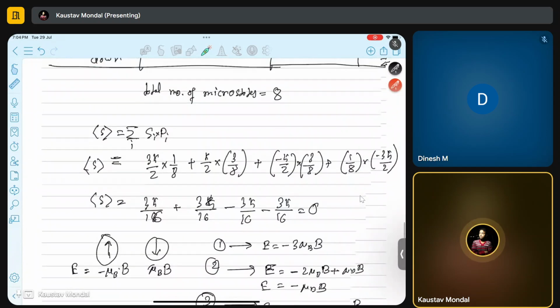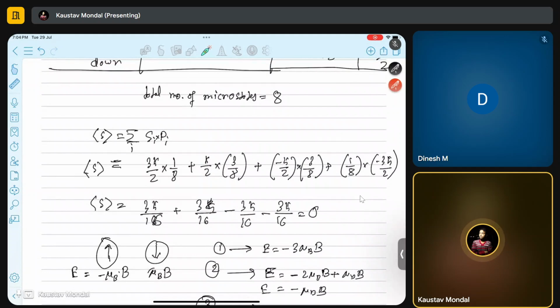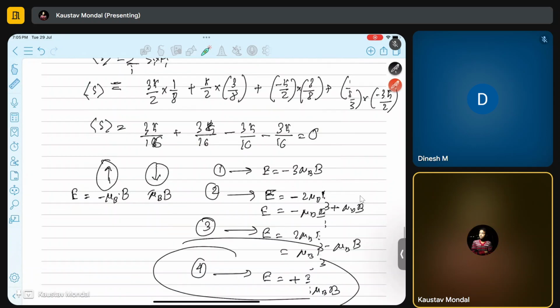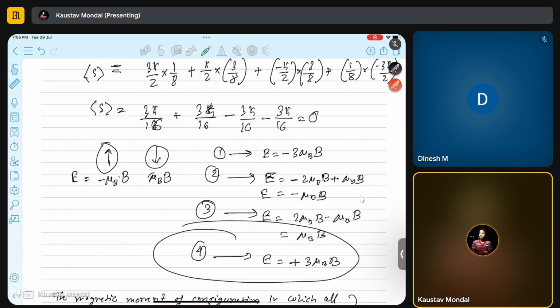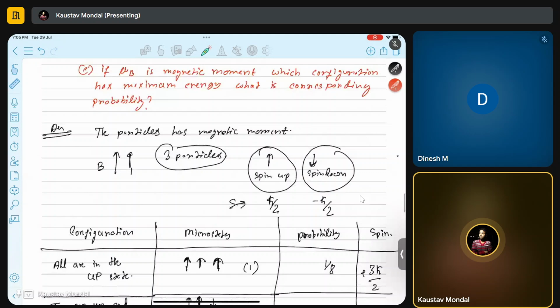From that, you first have to calculate the average value of spin. That is the spin multiplied with its corresponding probabilities. That basically gives you the average spin value, which comes out to be 0. Anyway. Next we have been asked to calculate